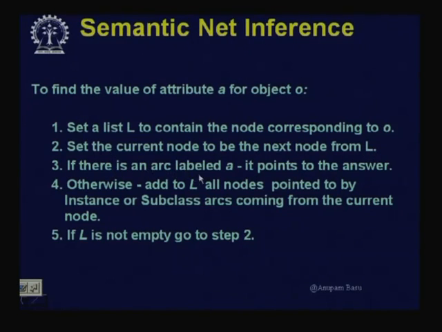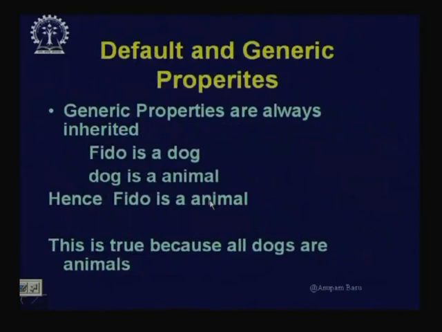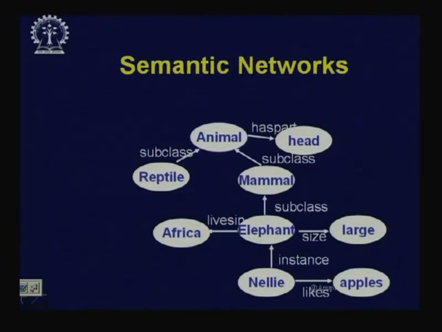If there is an arc labeled A, that is the attribute we are seeking, it points to the answer. We get the answer if we get it over there. Otherwise, what do I have to do? Otherwise I will have to traverse that network. So, in order to do that, we will add to L all the nodes pointed to by the instance or subclass arcs coming from the current node. If we just go up to an example before, say for example, here